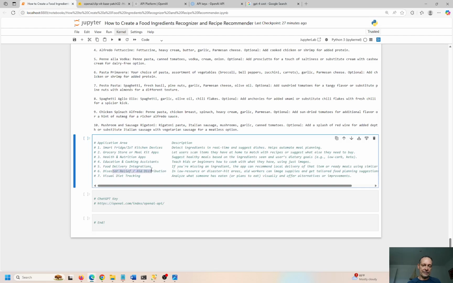And then that's the next topic: disaster relief and aid distribution in a low-resource, disaster-hit area. Workers can actually get tailor-made food planning suggestions made for them, right? So there's another application, and visual diet tracking: analyze what somebody has eaten, either plants or vegetables or meat or pasta or something, and then understand their biometrics, their digestive patterns,